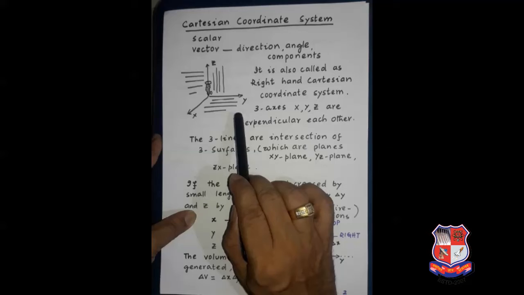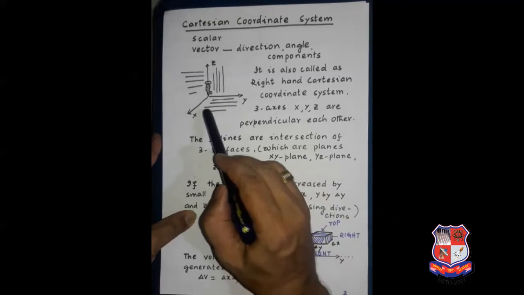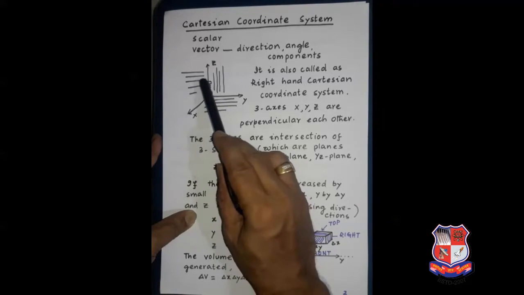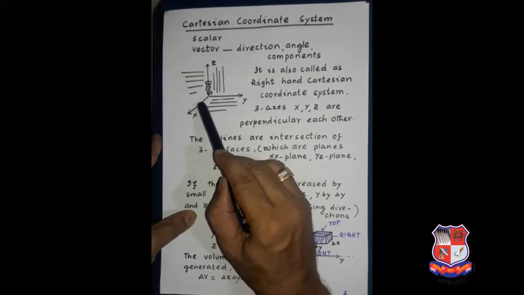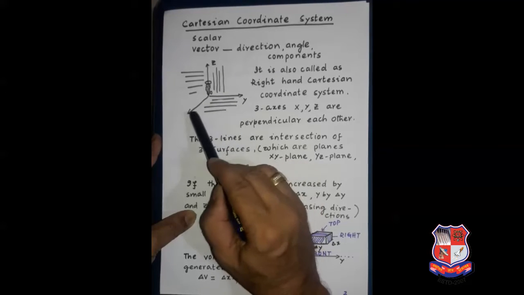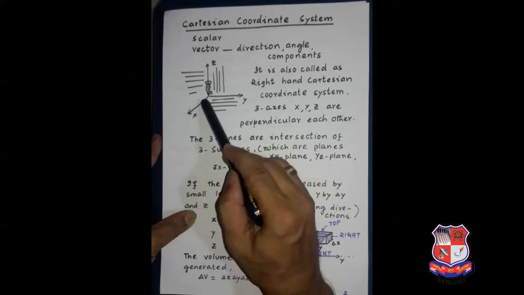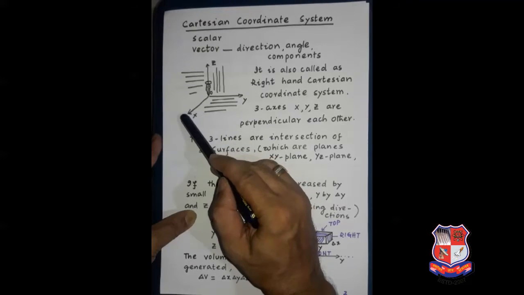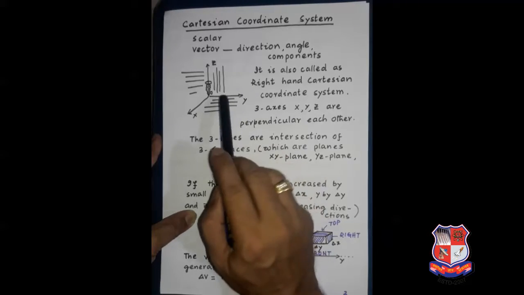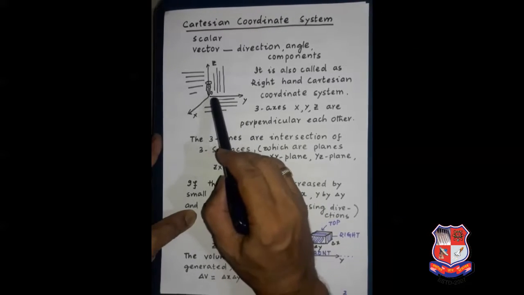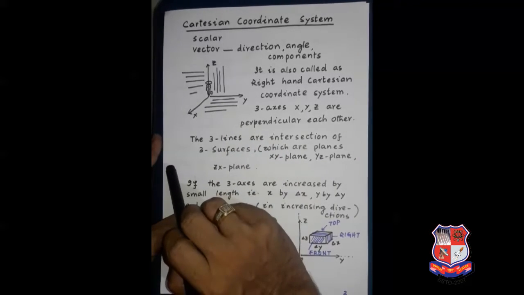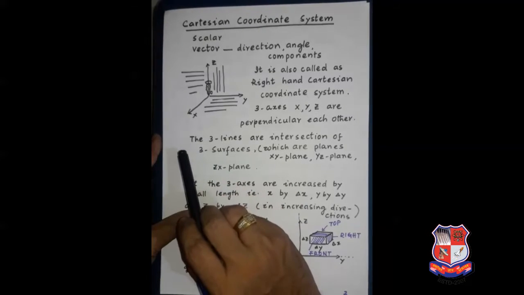Why is it called the right hand coordinate system? That we will see. To know why it is called the right hand coordinate system, first out of these 3 directions, any 2 directions we can name. Like if it is named x, this is named y. The arrow mark shows that along the direction of the arrow, the value of x increases. Similarly along the direction of y, the value of y increases. So how to find out the z direction? It can be upward, or it can be downward also. So which one should be the positive direction for z?